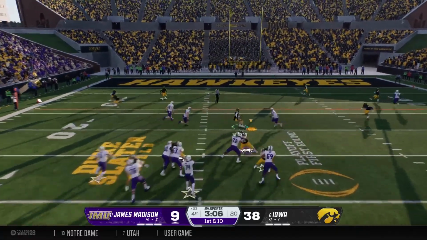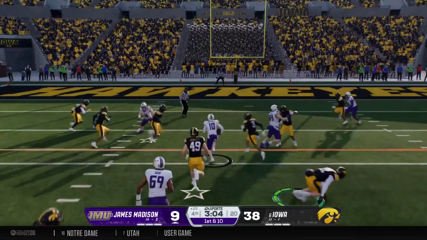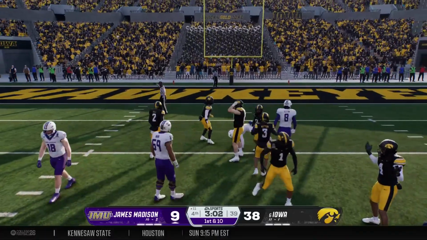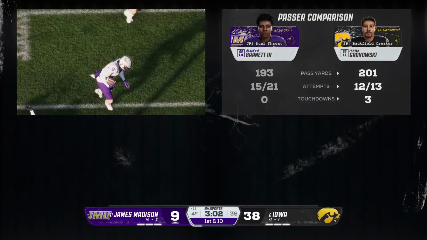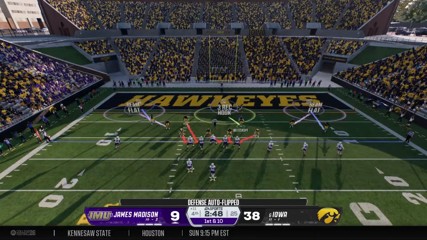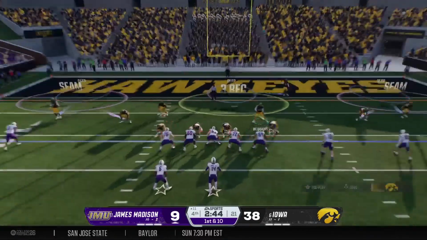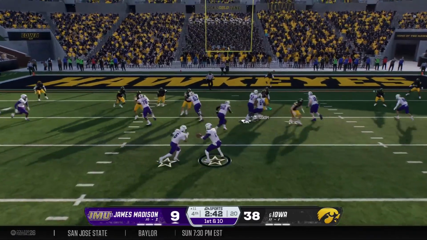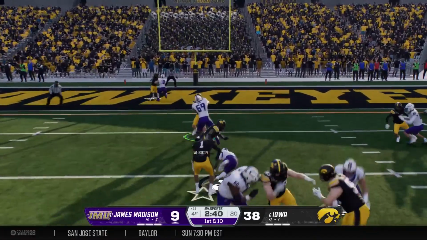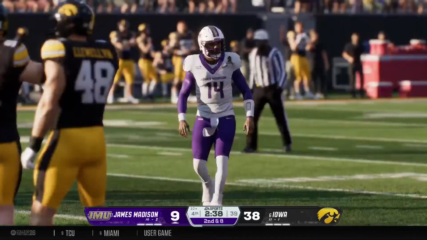On 1st and 10, looking to throw. Pass is caught. Physical run earns the first down. Well, the defense sits back in a zone coverage. Good job here by the quarterback recognizing that soft coverage, and he hits the routine drag route underneath for a first down. And the runner is brought down after just a short gain.